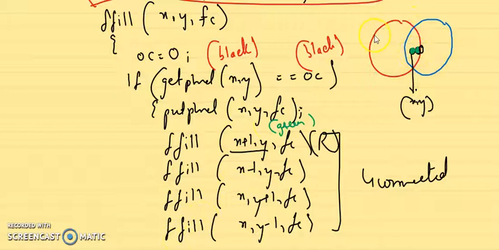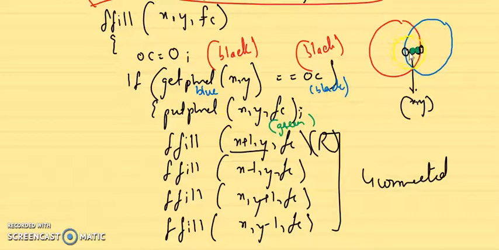That means, I'll explain once more. If your pixel is somewhere out here, get pixel x comma y is going to return this color as blue, and my OC is black. So this condition does not become true. So it will not go into the loop, and if it does not go into the loop, it will leave this pixel.